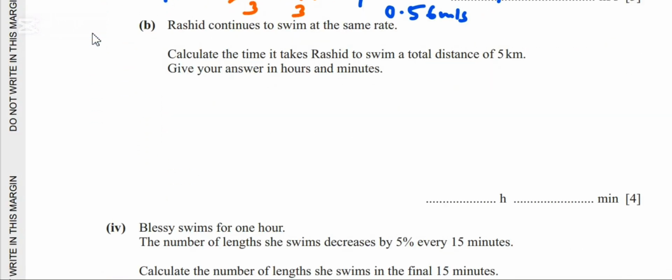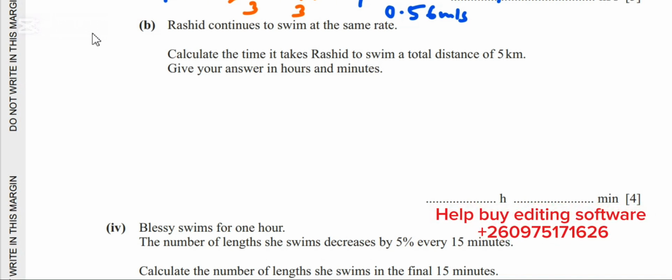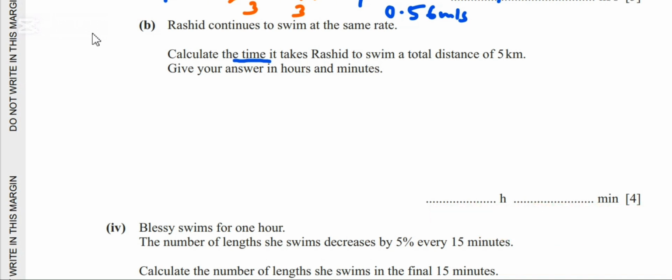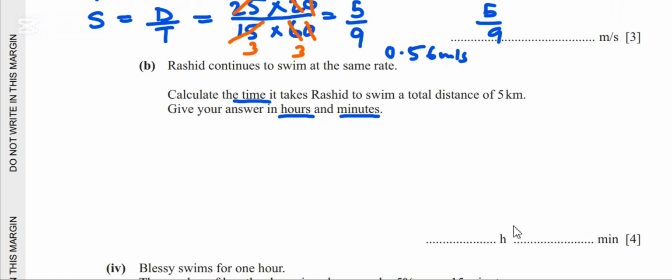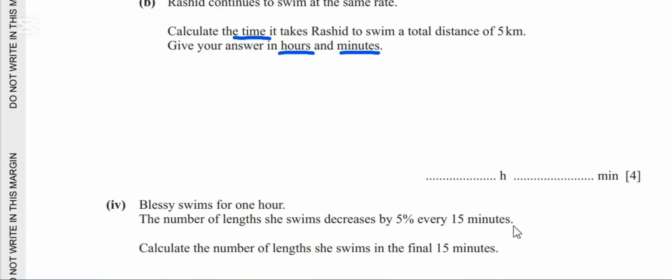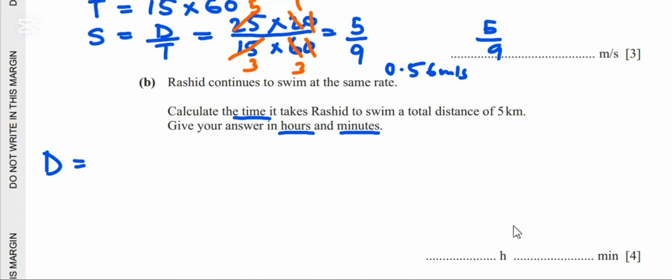Part B, Rashid continues to swim at the same rate. Calculate the time it takes Rashid to swim a total distance of 5 kilometers. So they are looking for the time, and they are saying give your answer in hours and minutes. All right, so to find the time, first of all, we need to find the total distance in 15 minutes, because they are saying Rashid continues to swim at the same rate. Okay, so total distance of Rashid in 15 minutes is going to be: distance is equal to the number of